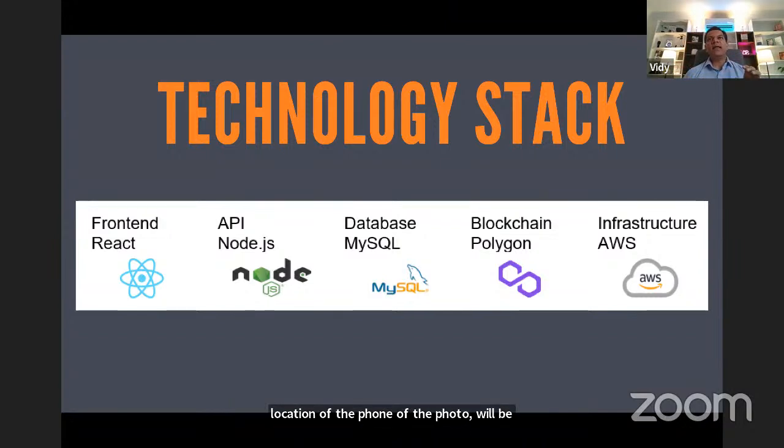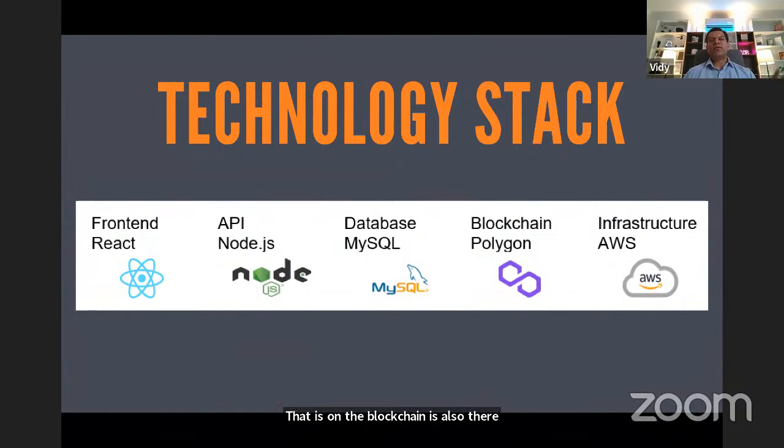The actual photo file will be stored in a file management system or in a decentralized file system such as IPFS, which is a Web3 type file storage system, where you cannot change the content of the file. And all the information that is on the blockchain is also there on the relational database.